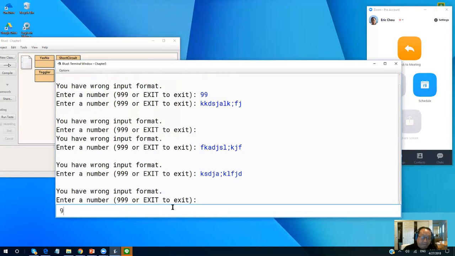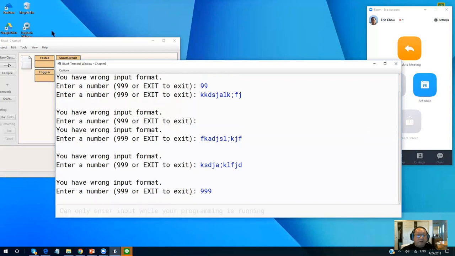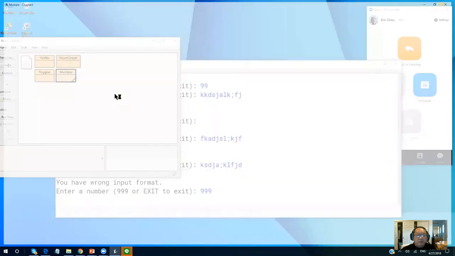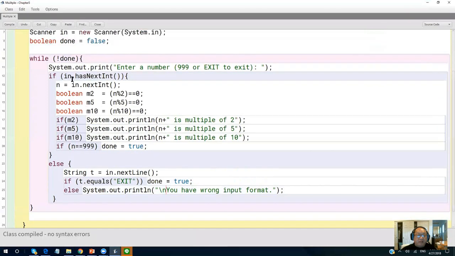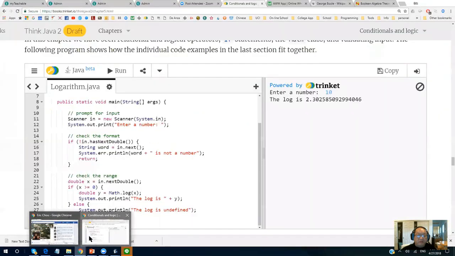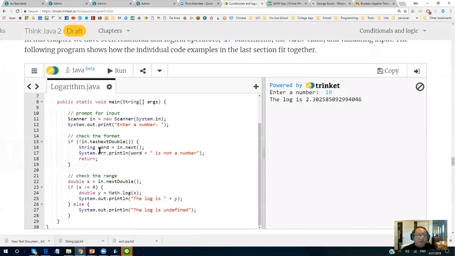Yes. So that's the program for multiple. That's the program for multiple, and this has next integer, has next double, used for validation of input format. So first, when we input something, we set up a scanner, and then we prompt.